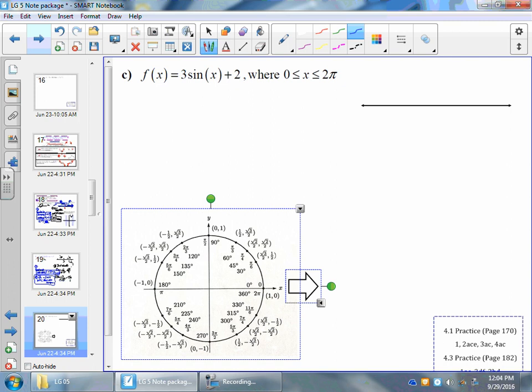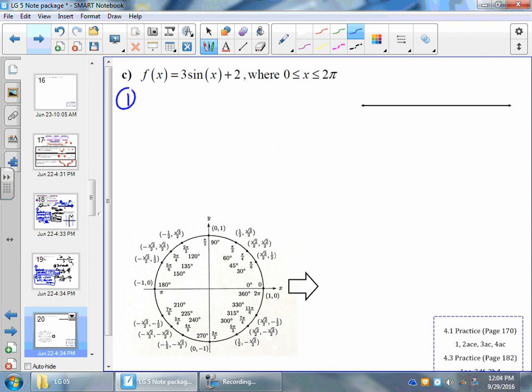All right, so first thing we need to do, always find those critical values, and we find that by finding the first derivative. So let's do that. Okay, good old trigonometry. The derivative of sine is cos. So we've got 3 cos of x. Now if I want to set that equal to 0,